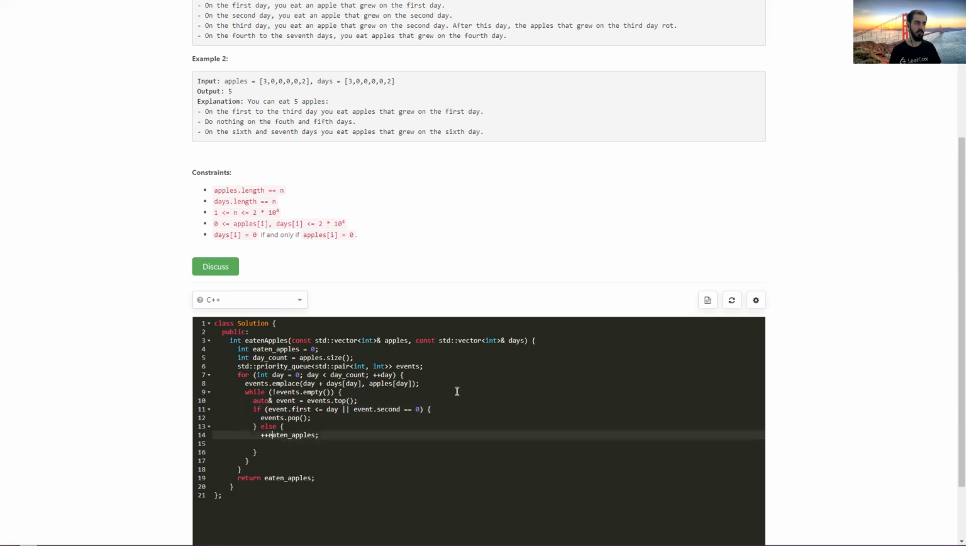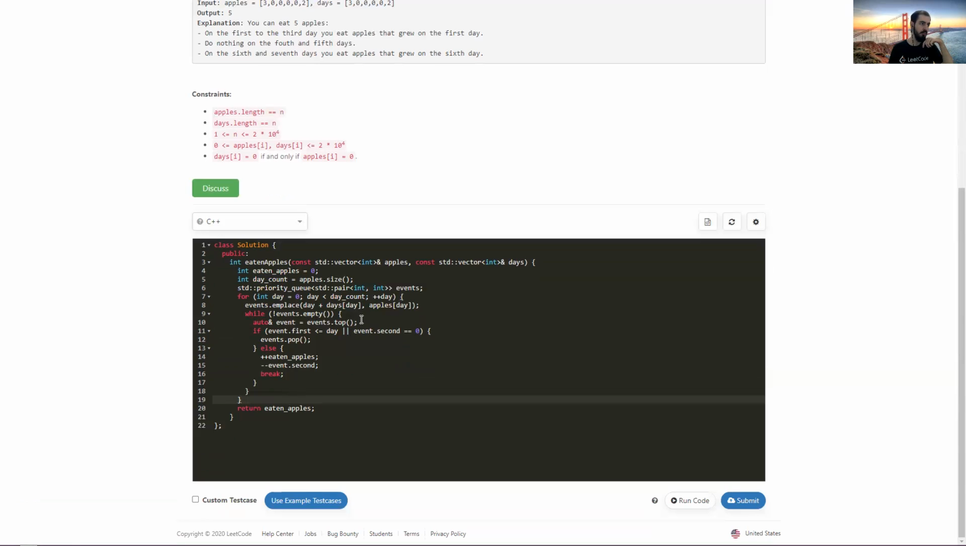Otherwise, we can eat one apple, so we increase the counter of eaten apples. And I believe we can decrement the number of apples, right? Because we have eaten one apple that expires from that event. Then we should break. So yeah. Because we have already eaten one apple, we should proceed to the next day. After this happens,